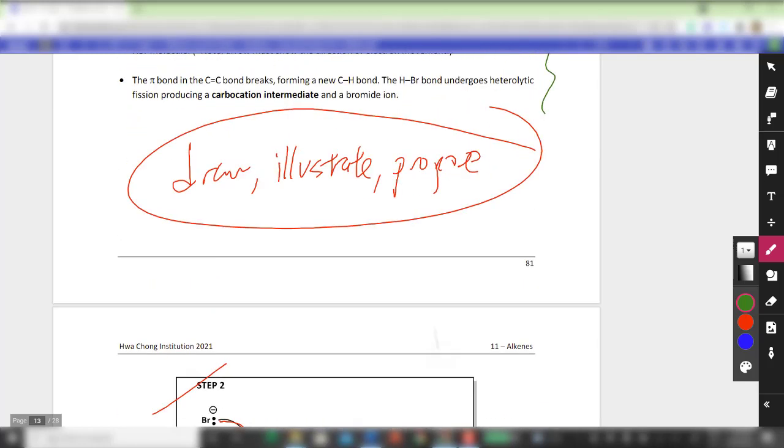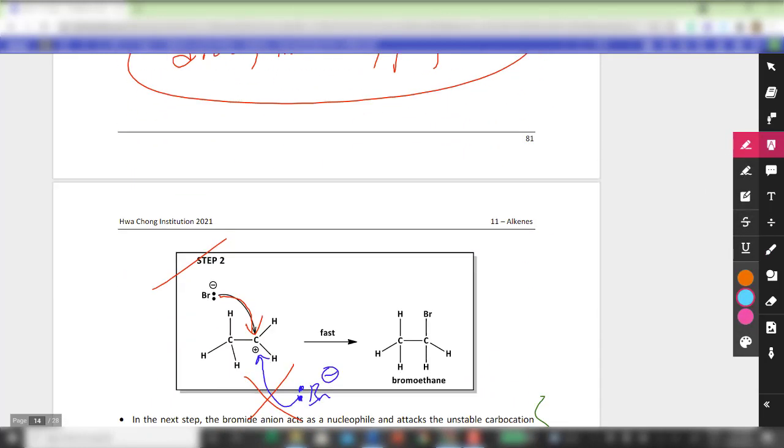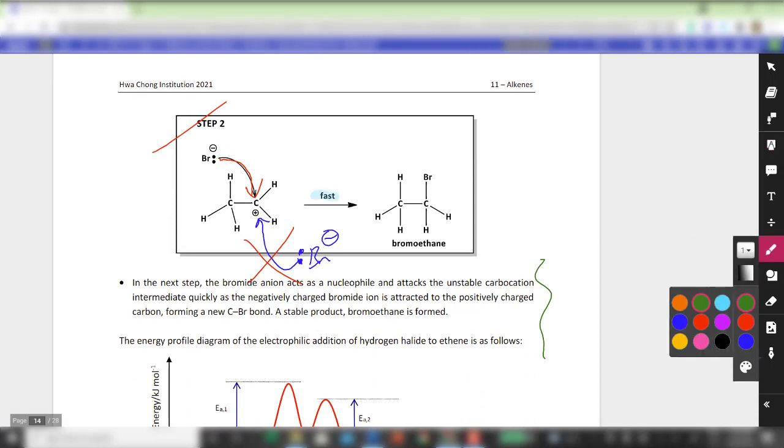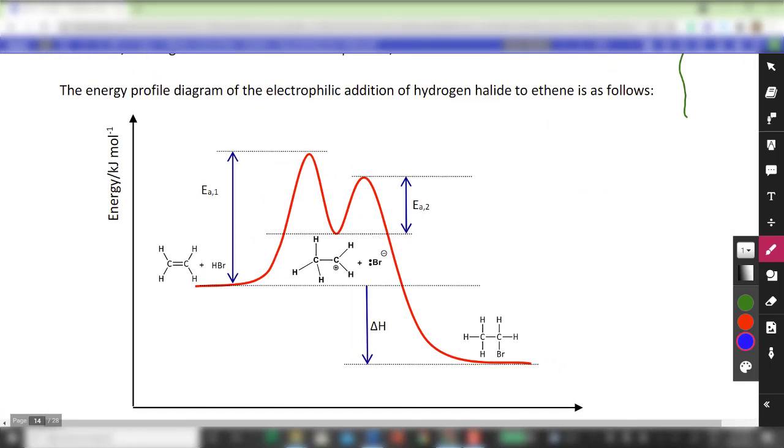It is also important for you to take note that there is a need for you to indicate the slow and the fast step in your drawing. So remember to indicate the slow and the fast step. For the energy profile diagram, remember earlier on I mentioned why the first step is slow? Because it leads to the generation of unstable carbocation. That is why the carbocation is of a much higher energy relative to your starting material, and then in the course of reaction, it goes through what we call a transition